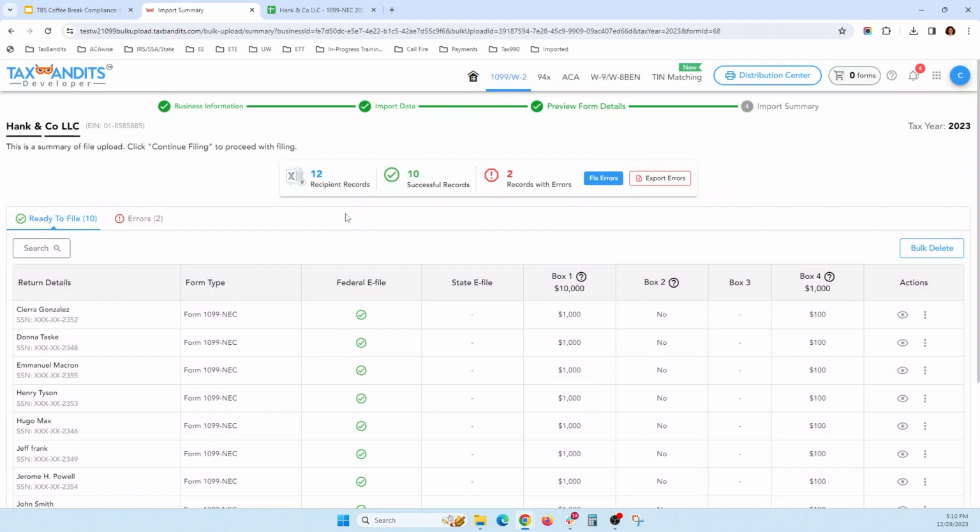At this point, TaxBandits will show you the total number of records in your form, the total number that successfully created forms, and then any with errors. And we will have another webinar later on in our coffee break series, where we will dive into correcting those errors and the next steps in that 1099 filing process. For today, we are going to head on back over to our presentation,